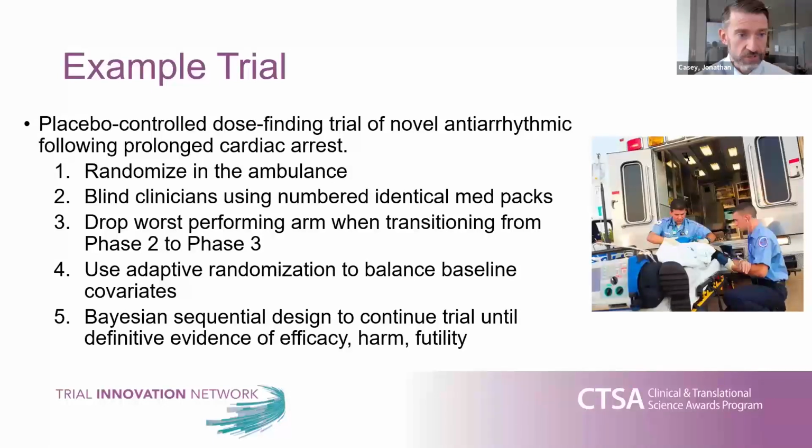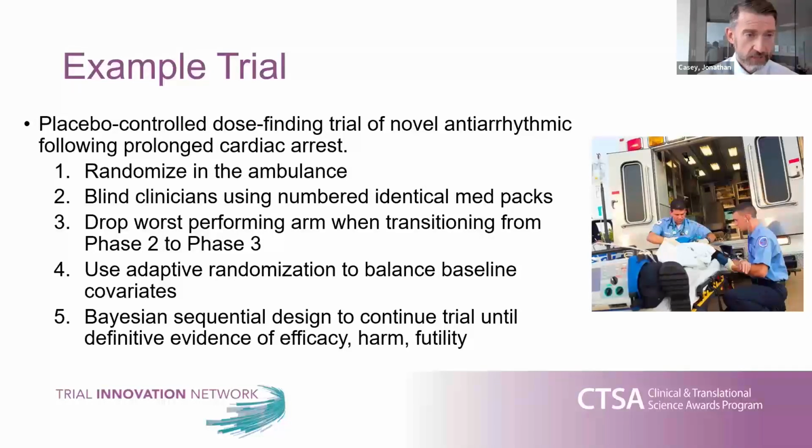You might choose to design a trial in which you drop the worst performing arm when transitioning from a phase 2 to a phase 3 study, for example. And particularly if there are a small number of patients at a large number of sites, you might want to gain additional efficiency from using adaptive randomization to balance baseline covariates. And you might decide that you want to use Bayesian sequential design to continue the trial until definitive evidence of efficacy, harm, or futility. So which of these trial design components were supported by the historical functionality of the REDCap